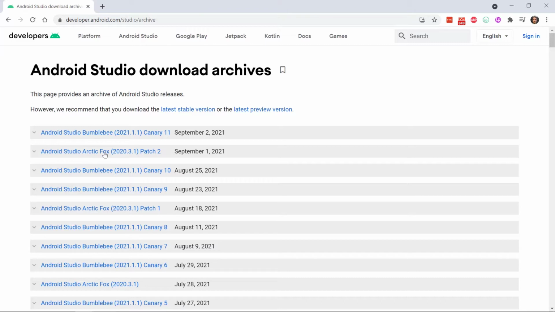We're going to use Arctic Fox, which allows us to create Android 12 applications, which is what we want to do. And even if you're watching this course at the point when Android 13 or 14 or whatever is out, no worries. The basics will stay the same, and the changes with each version, they don't really make that much of a difference for us developers in the sense of what we need to develop, because most of the time the features that we're going to use are features that are pretty old and they have been available in older